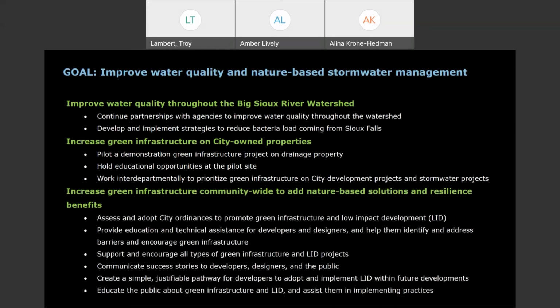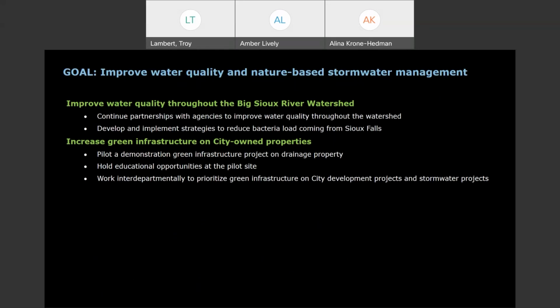And then lastly, increase green infrastructure community-wide to add nature-based solutions and resilience benefits. Oh, one other thing about green infrastructure. It's in the water quality piece because it helps contribute to our water quality. So we are infiltrating our water more into our soils, which means we have less stormwater flowing down our streets, picking up pollutants, and then flowing into the river. I'm sorry, I forgot to mention the key area there.